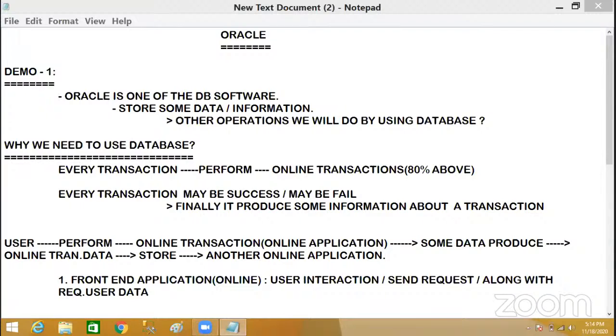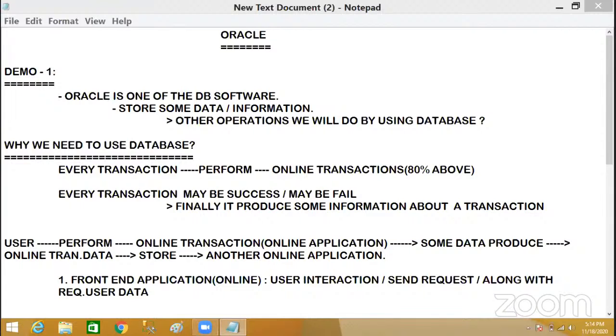Sir, I have to go for full stack web development. I have to learn Java and Python at Naresh IT, and I have to learn MongoDB. Is Oracle the best for learning full stack? You can go for it. See here, guys, you are learning Java and Python, yes or no? For Java, Oracle is compulsory. For Python, you need MongoDB. MongoDB we use under Python, and Oracle we use under Java.